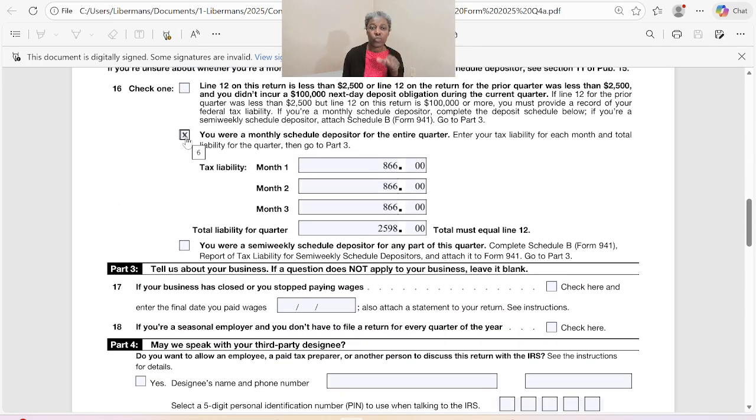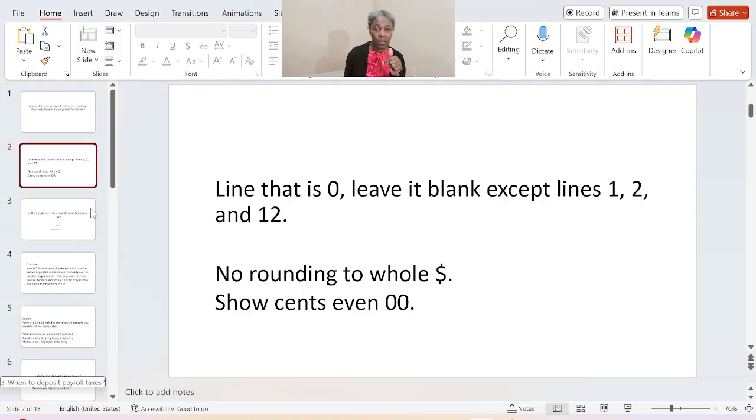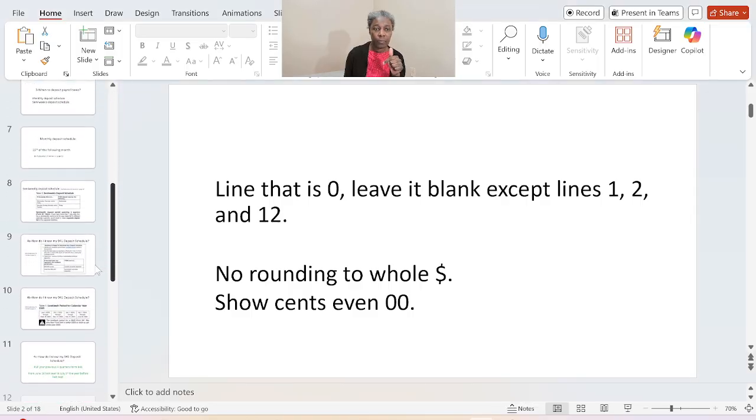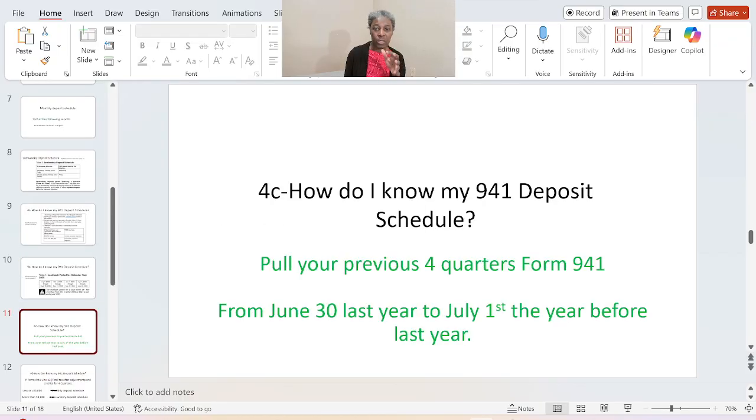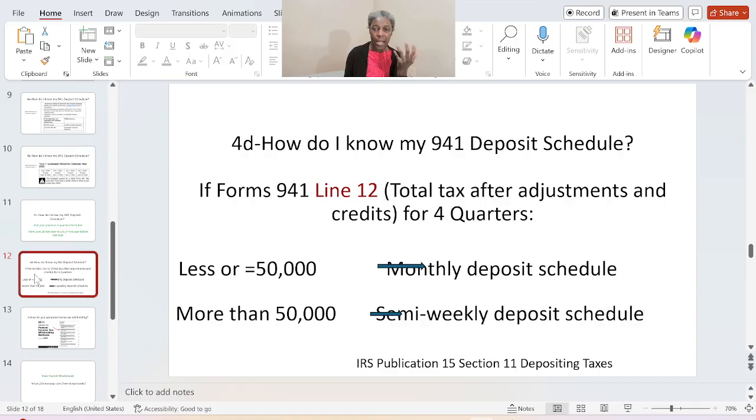So therefore we are going to check the second box, because again we are going to assume we are a monthly schedule depositor, and that is something you have to choose at the beginning of the year. If you are a semi-weekly schedule depositor or a monthly schedule depositor, that needs to be determined based on your last 2 years or your last 4 quarters